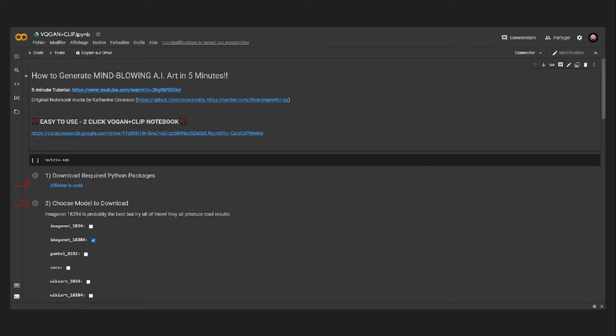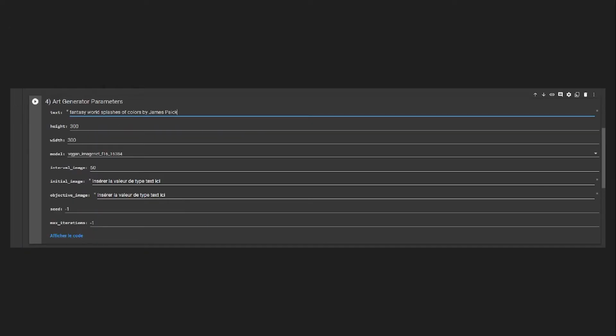When you go to the Colab, the first thing you need to do is to run the first code blocks, which will download all the necessary resources and libraries needed for the generator to work. When it comes to models, we will be using ImageNet 16384 to save on time, but you can try all the other ones and see which one works best for you. After you have finished downloading the necessary packages, we can then move on to the fun part of this process,